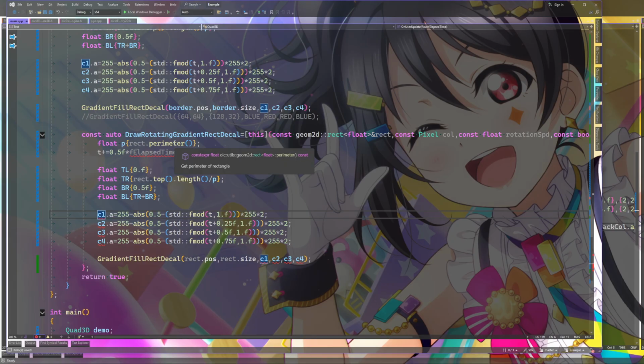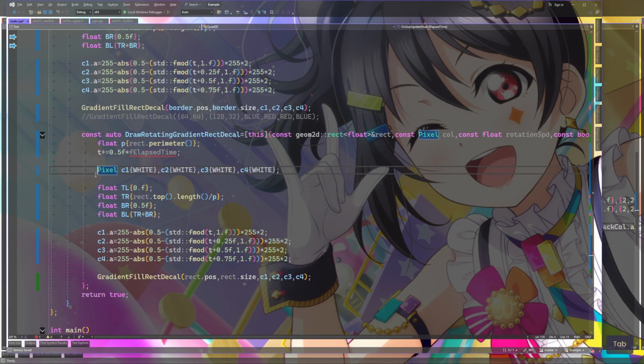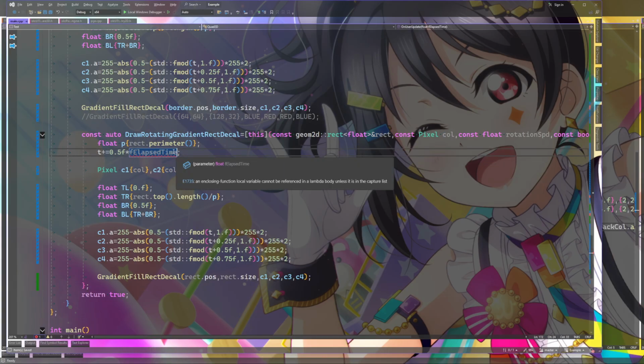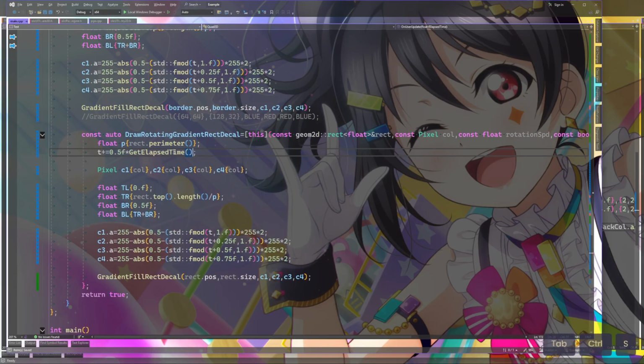So all the colors will be set to the same value and then modified as such. If elapsed time, we'll just say get elapsed time.